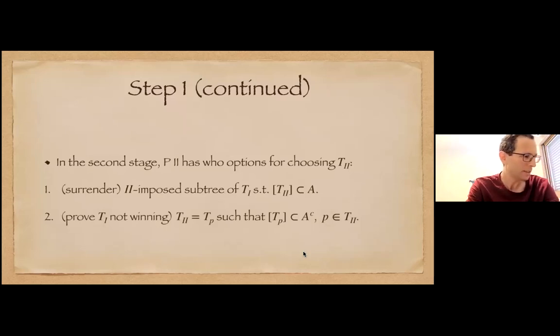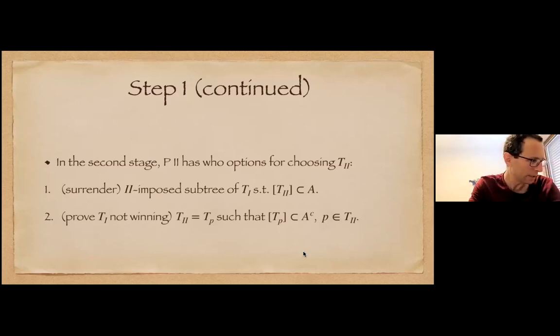To surrender means that player 2 chooses a 2-imposed subtree of T1 such that any play in T2 ends up in A. So he just surrenders. He says, okay, you want T1, I have nothing to do about it. I'm going to do something that I can do, which is imposing my moves,